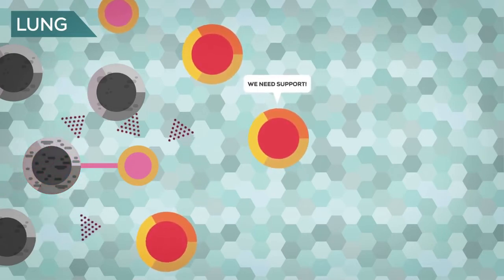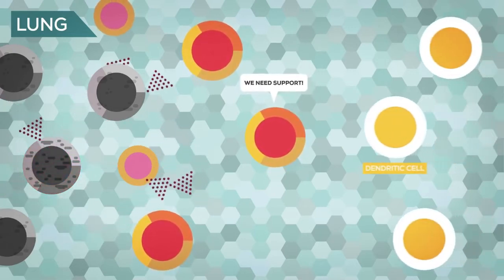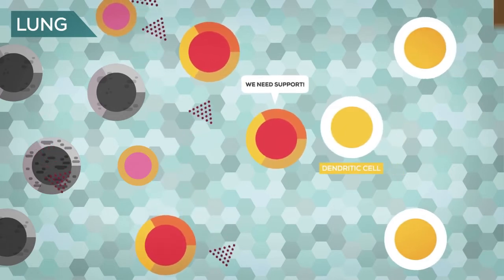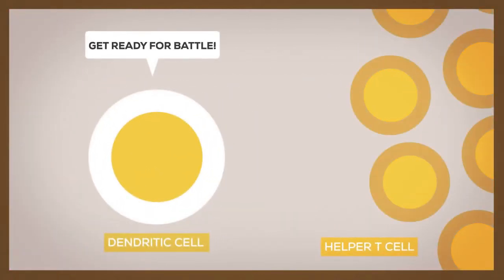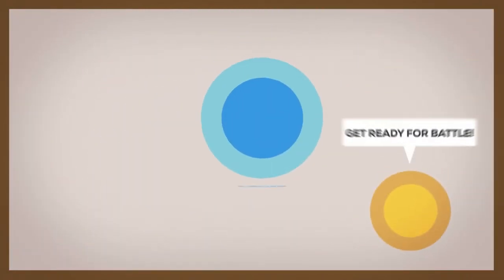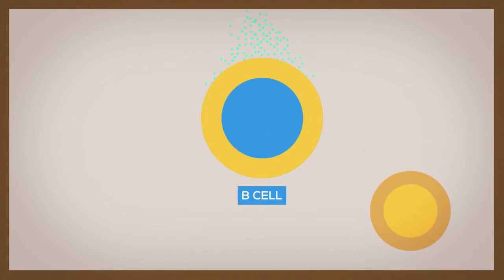After a period of fighting and dying, macrophages alert the brain of the immune system, the dendritic cells. The job of the dendritic cells is to collect samples of intruders, travel to the lymph nodes, and then activate the heavy weapons that eradicate the infection very fast in a team effort.